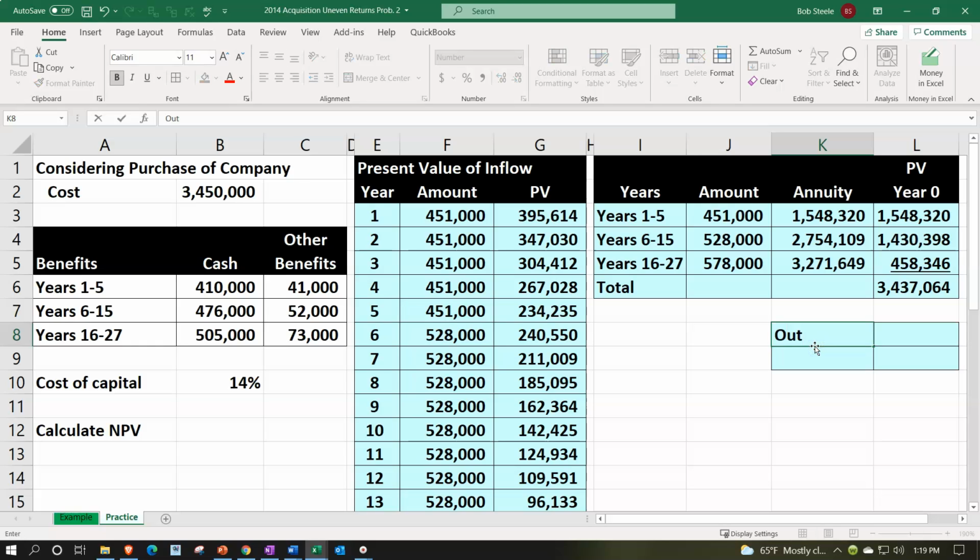But so now we're going to compare that to the outflow. So this is the present value of the inflows, comparing that to the outflow, which we don't need to do anything to because that happened at period 0. So nothing needs to happen there. Difference is going to be the inflow minus the outflow. And it's a negative number,